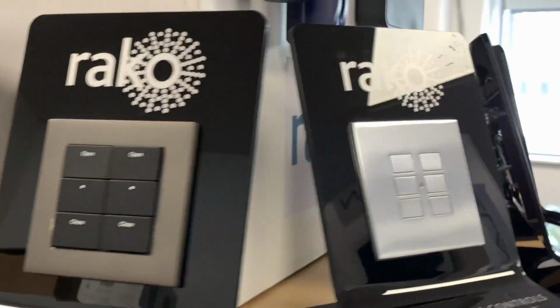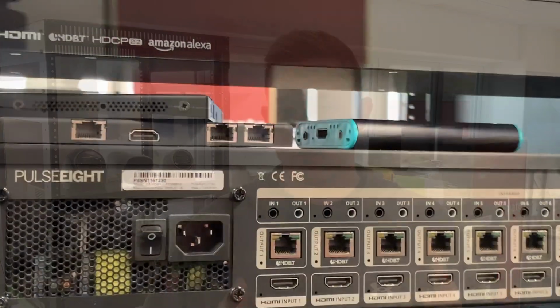We've also got Rayco lighting here, and a full wall of Sarasota invisible speakers. We've also got their amplifiers too, Episode amps, Pulsar video matrices, of course all driven by the nice home management control system. But in this video I wanted to talk to you about IP PDUs, or Internet Protocol Power